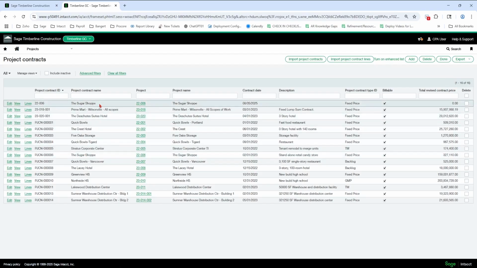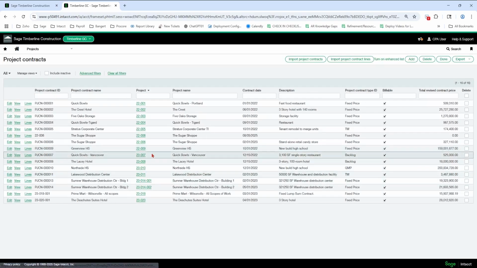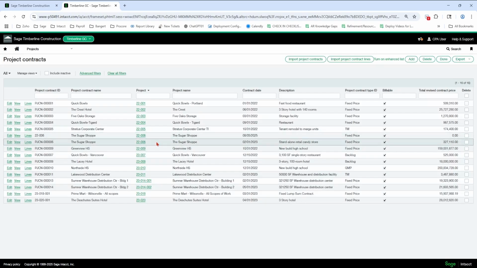So I cannot have another contract with the same project. So we're going to use this one to show the lines. You want to be careful not to have more than one contract attached to the same project. So we have both of those attached to that one. We're going to look at this one that's already set up.